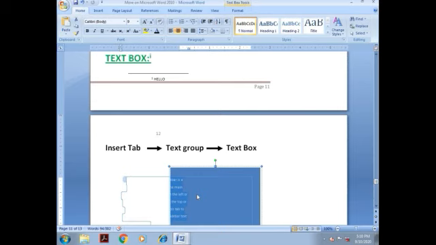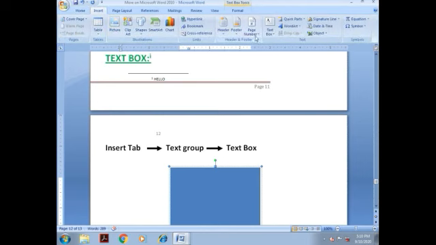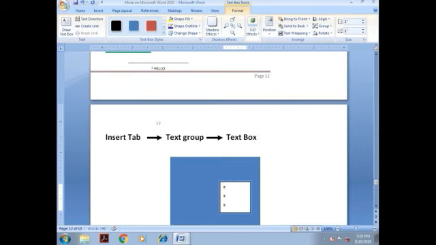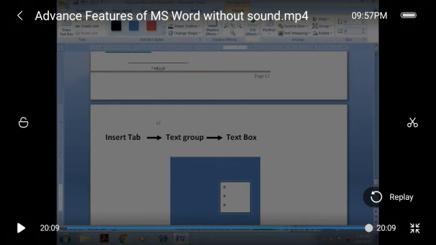We can insert a text box inside a text box also, and the writing can be horizontal or vertical. Here in this case we are inserting a text box and we are writing vertically.